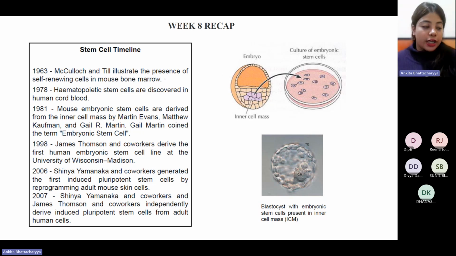So from an adult, you take a somatic cell, for example, a skin fibroblast, you de-differentiate it, or you take it to a primitive condition. Say, if we have to draw a human parallel, you take an adult, you make that adult into a baby, and then you develop that baby into a whole other individual. So this is the way in which they carried out reprogramming of cells from an adult.